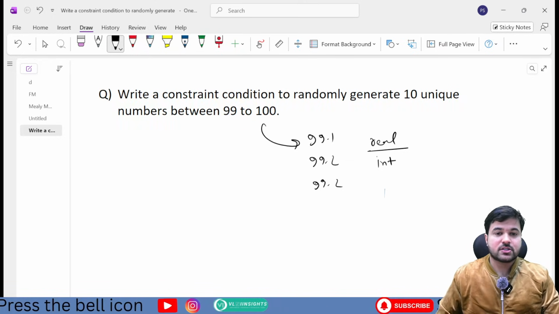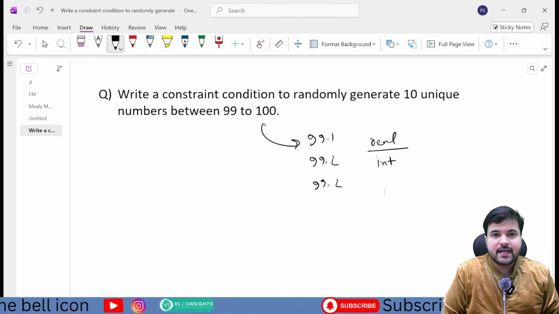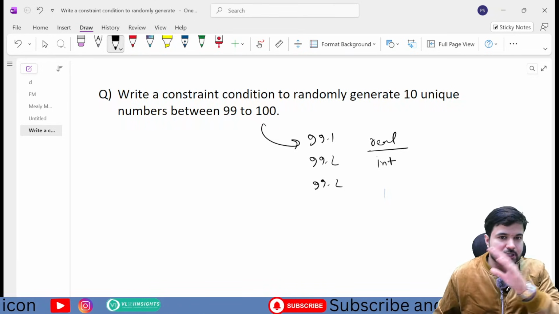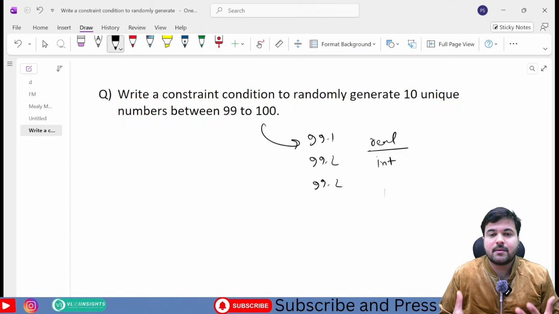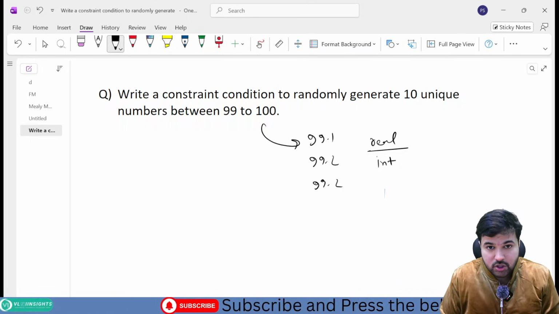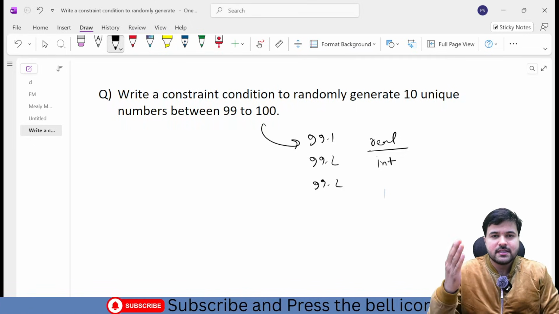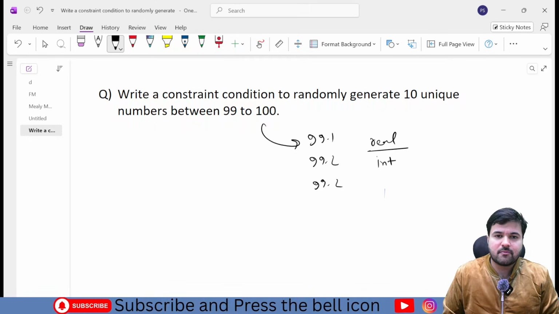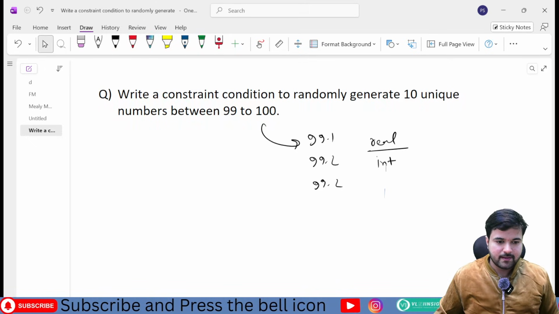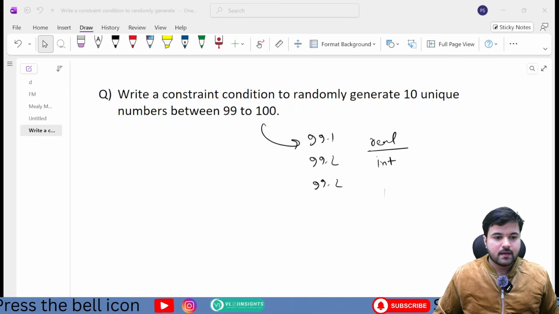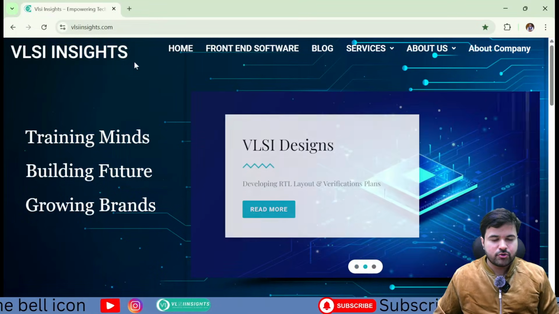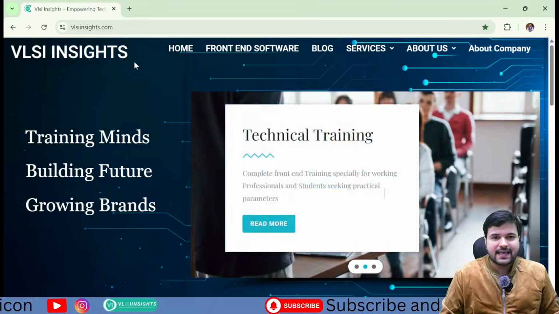So let us not drag this video by understanding the theoretical concept. Let us just jump to how we can build the practical logic of it, setting up the SystemVerilog environment, setting up the constraint environment for this. For that, you just have to go to vlsiinsights.com.